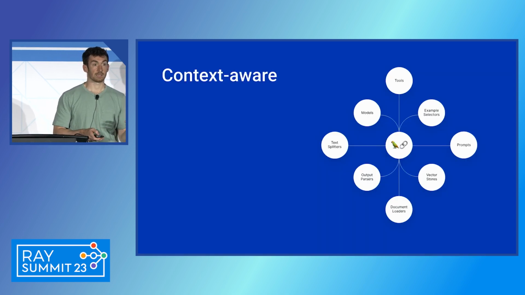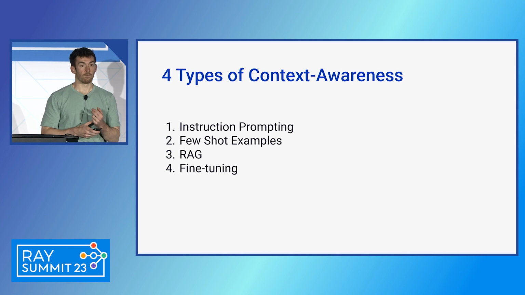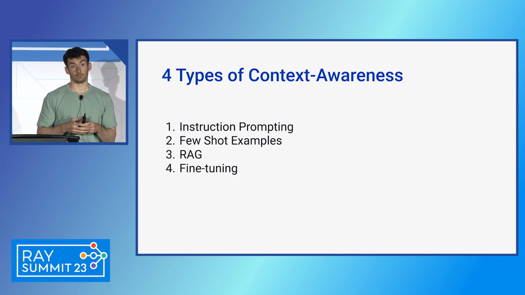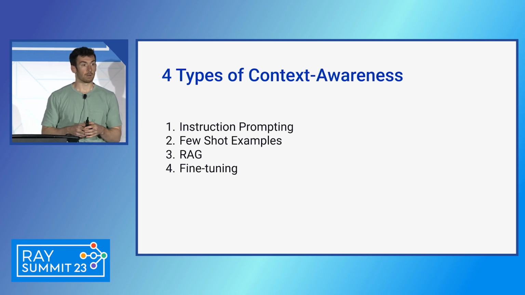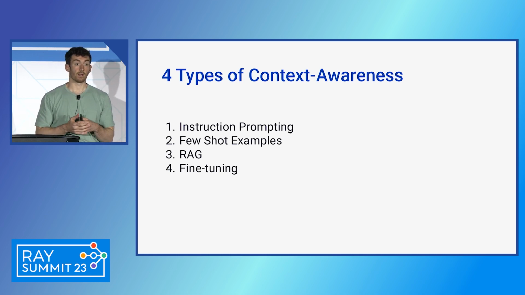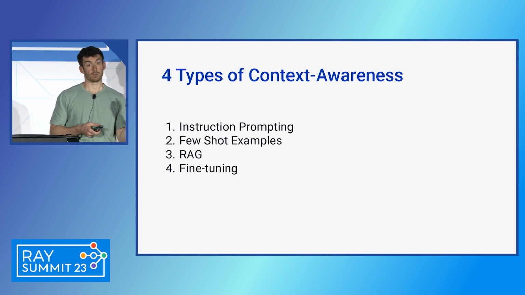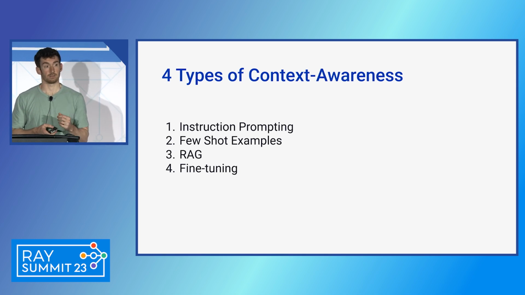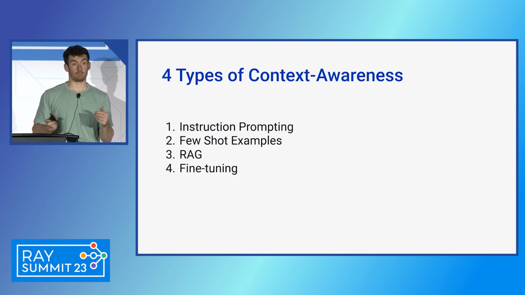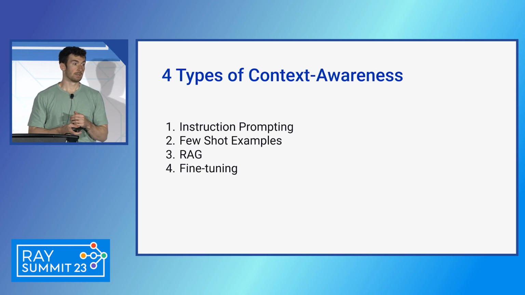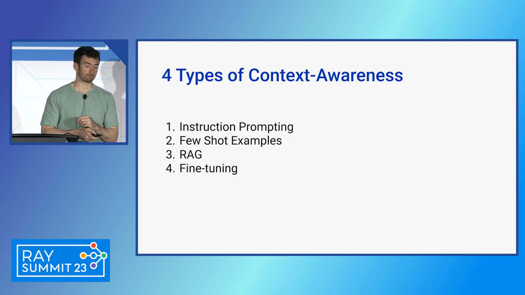So starting with context-aware. Context-aware involves bringing appropriate context to the language model so that it can reason about what to do next. We'll talk about reasoning later, so let's leave that to the side for now. But a lot of what's important here is bringing the right type of context to language models. There's a bunch of different types of context, and there's a bunch of different ways of bringing that context to language models. Importantly, these are different types of context. You can use many of them together, and in fact, we often see at least 2 or 3 of these being used in any given application. They all have their different pros and cons. One's not better than the other. They serve different purposes.